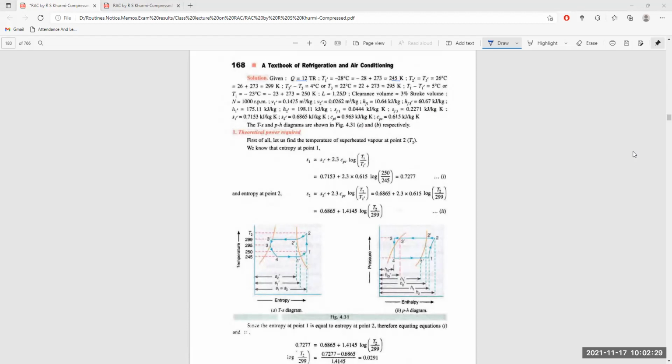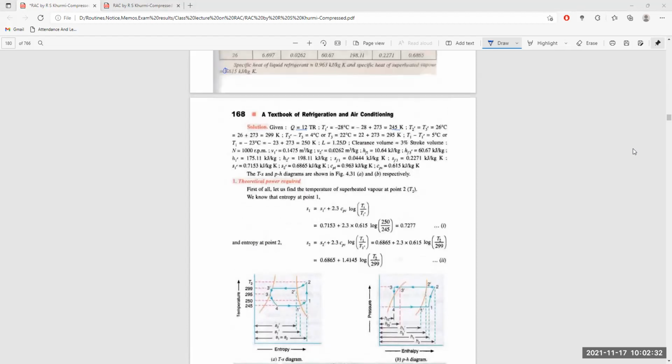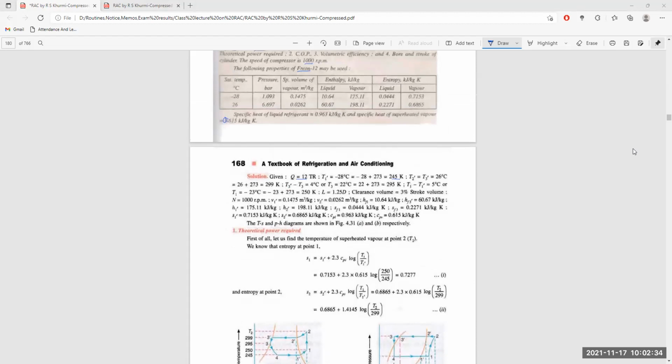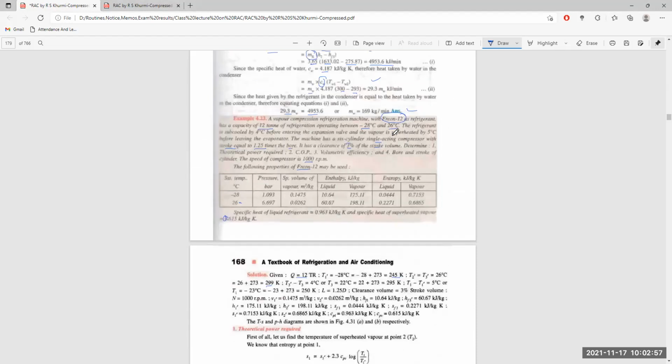T2 is the higher temperature of the system, T3 and T4, that is 26 degree here. That is T3, and that is equal to T3. T2 that is equal to T3 dash, which is 26 degrees. The 26 plus 273 is 299 degree Kelvin. T3 dash is the temperature. T3 dash minus T3 is given as 4 degrees centigrade, which is given here like this.